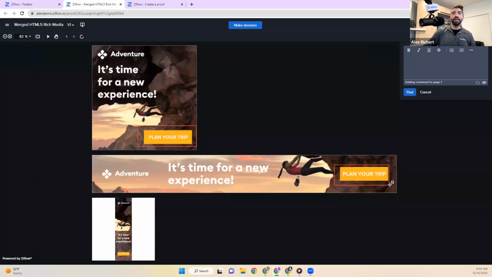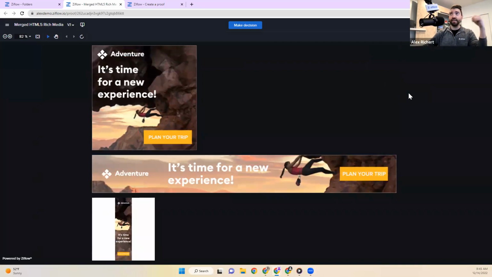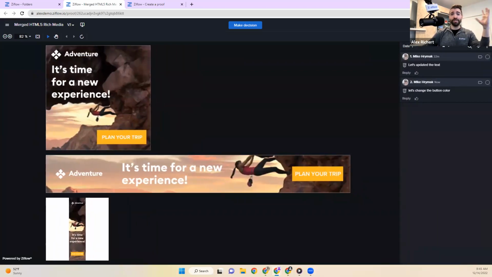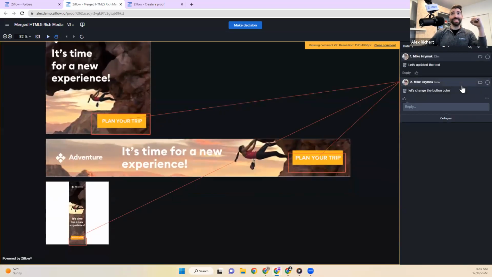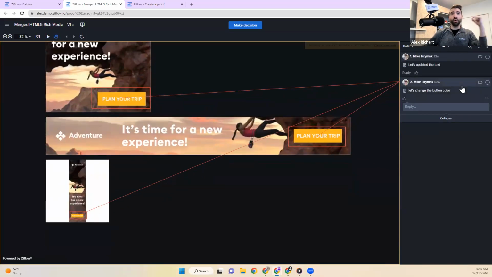So if I wanted to say, let's change this button color, instead of having to navigate through each individual asset and make this comment, I can now say, let's change the button color. And then when I post that comment, we'll see it in the comment thread as part of all 3 of these assets. Again, this is really important for those that are going to have multiple rich media elements in their campaign across a lot of different areas and need to see those comments across all of